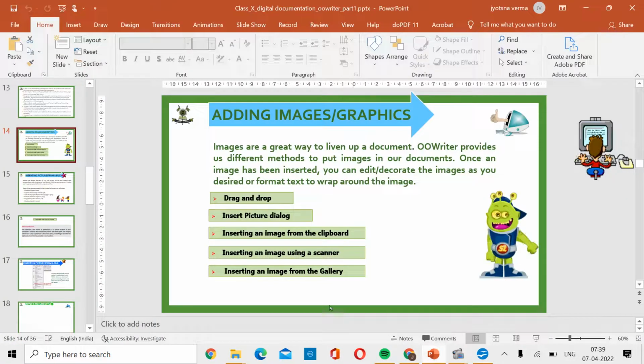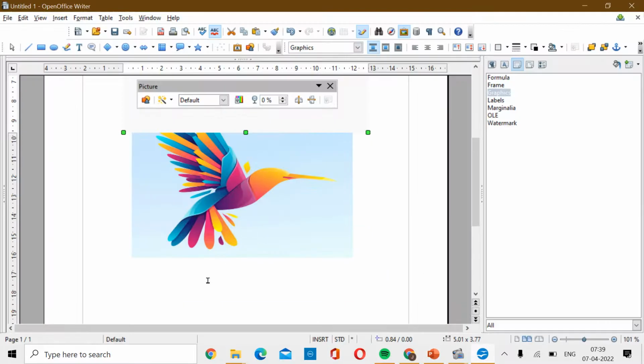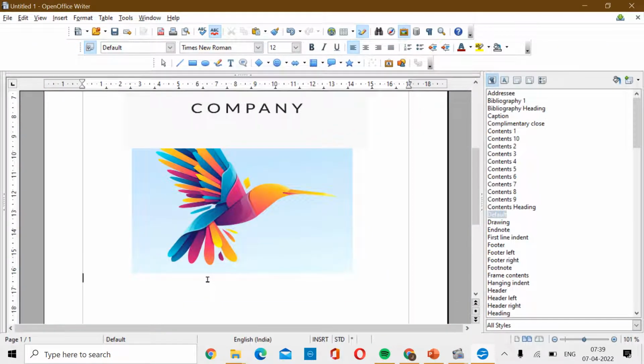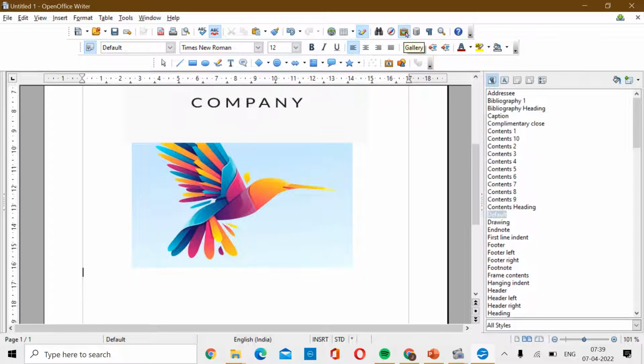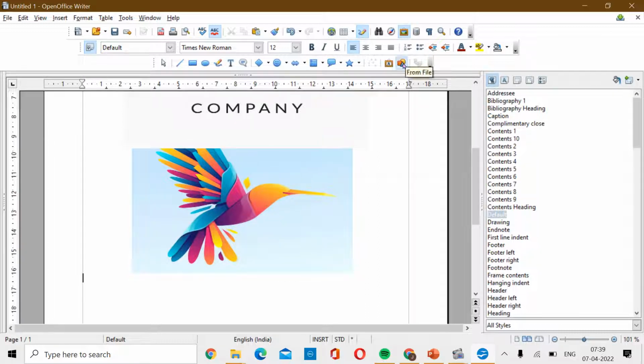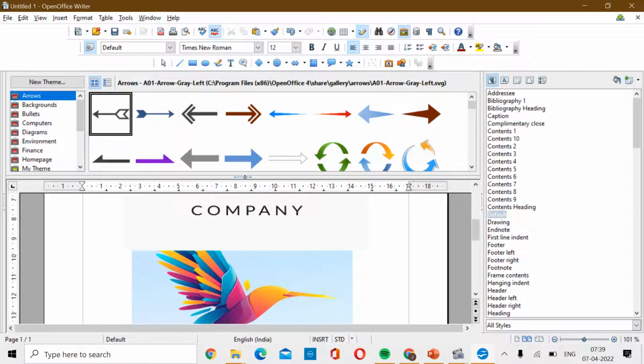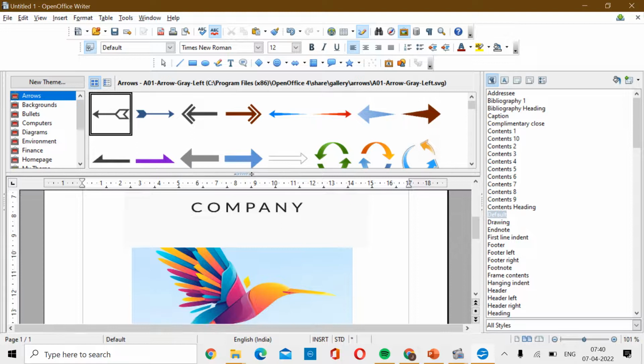Now let us understand the last part, that is inserting images from the gallery. So how can you insert the picture from the gallery? You need to find the gallery from this option. This gallery option is available in the standard toolbar, right? So using this icon, you will click on gallery, and once you click on gallery, you need to search where it has gone. So here you need to drag it. Can you see? I am undocking this particular window. Once you drag it down, you will find this gallery.